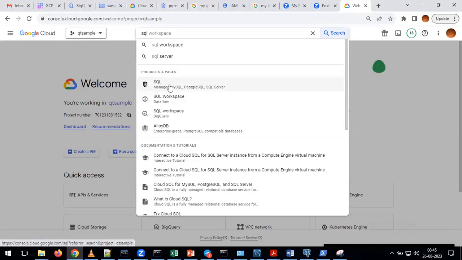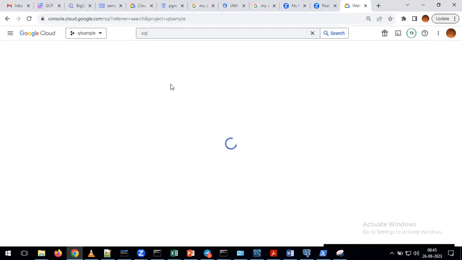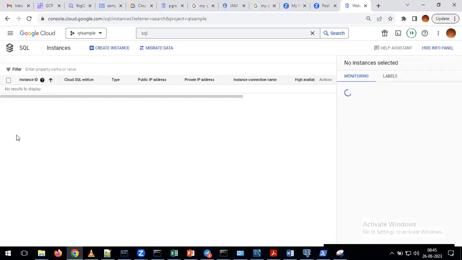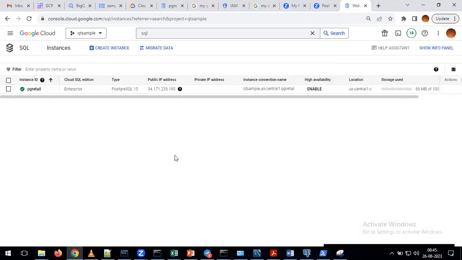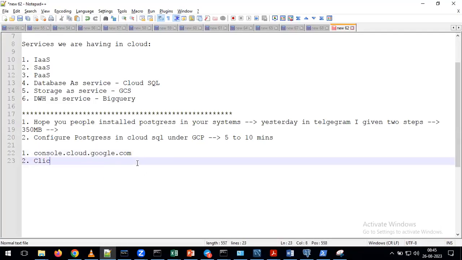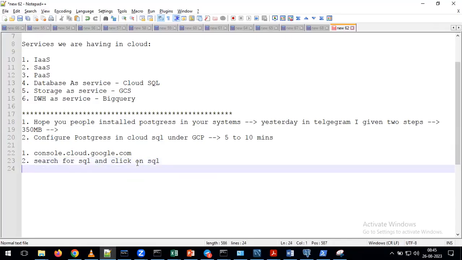So please click on the SQL. Don't click on the SQL workspace.